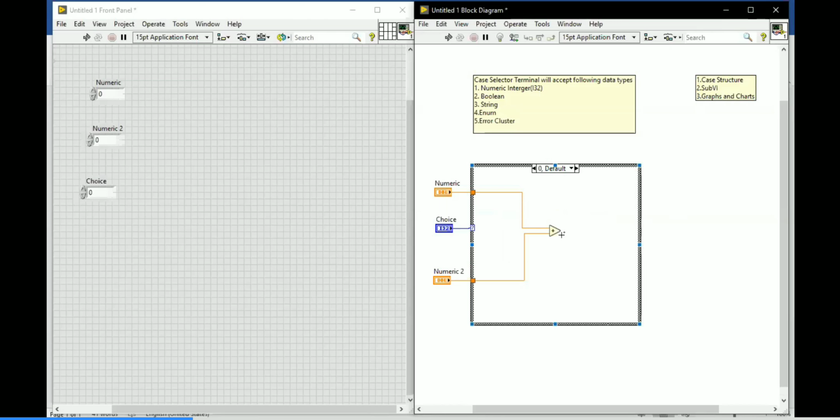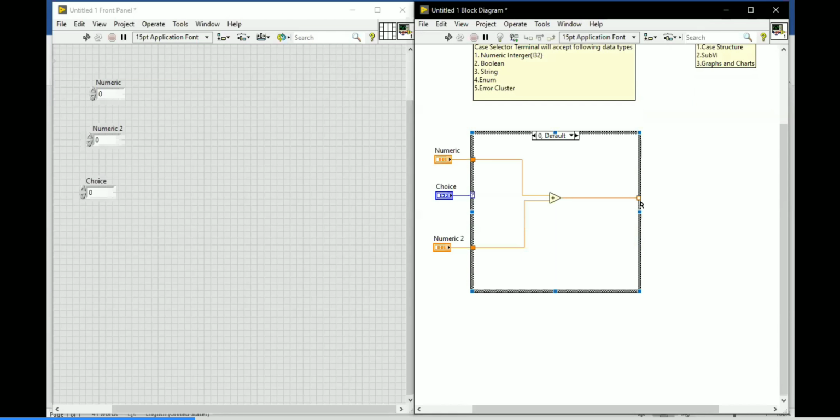So take a wire from the addition terminal and connect it here. Once you connect at that particular place, one tunnel will be created over there. See, like the same tunnel here also is created. But the tunnel is not filled properly. You are getting some white space over there. What is the reason behind that white space? Can you guess what might be the reason?